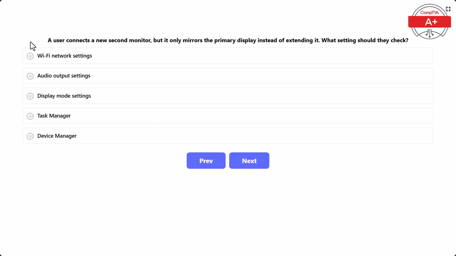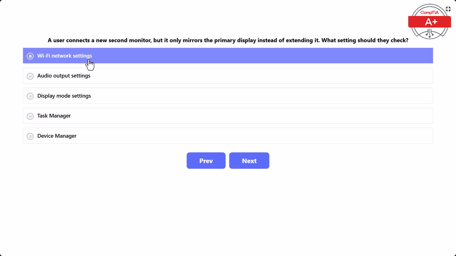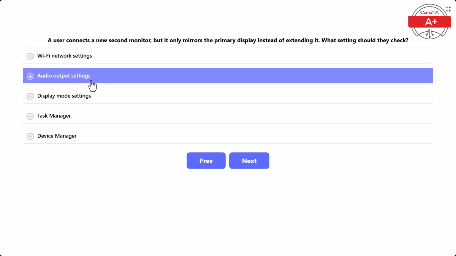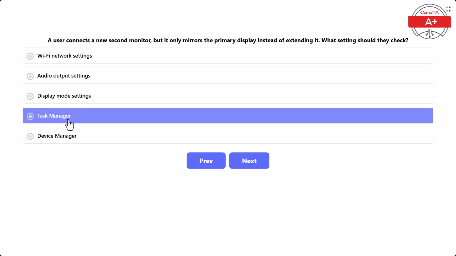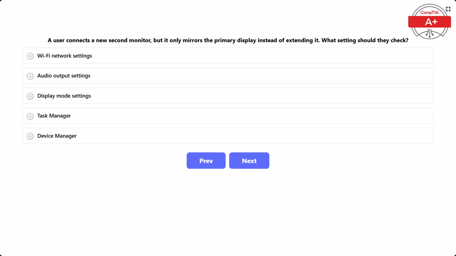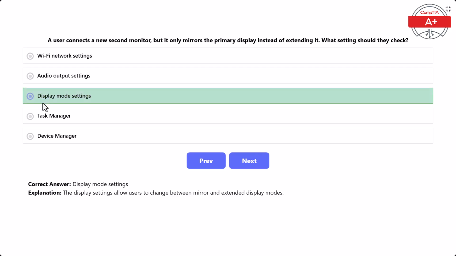And next question, a user connects a new second monitor, but it only mirrors the primary display instead of extending it. What settings should they check? Wi-Fi network settings, audio output settings, display mode settings, task manager, or device manager. And here the correct answer is display mode settings, as the display settings allow users to change between mirror and